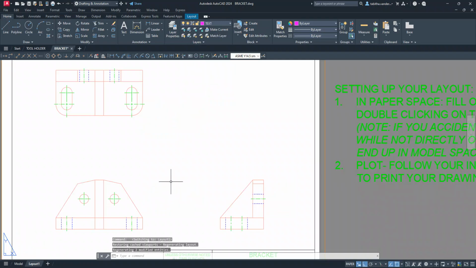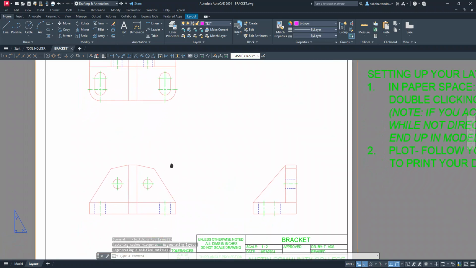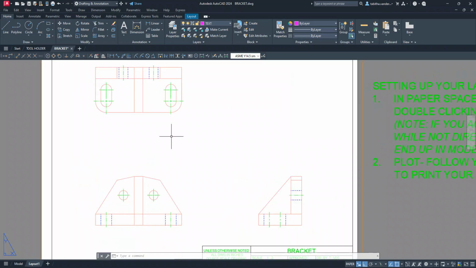So something that we talked about today was moving the views around so that you have more space for your dimensions. Now these are already spaced out a little bit, but I just want to remind you guys how you move views around if it's something you choose to do. So when you move a view, you want to be in ortho mode so that you can move a view strictly horizontally or strictly vertically. But you also want to keep your views in alignment with each other. That means that I can't just take